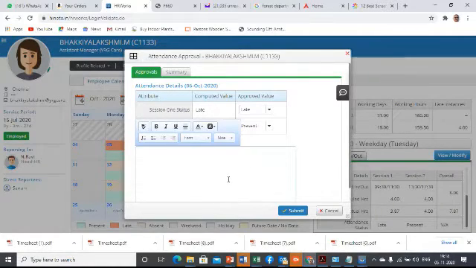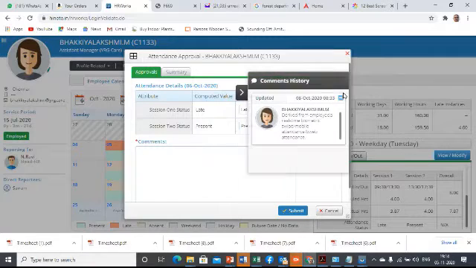If your subordinate consistently is coming late to the office and you have observed it more than 3 to 4 times, for a particular date you could choose and ask your subordinate to apply for half a day leave. But in this case I am not going to do anything. If you click on this dialog box, you will exactly see the date on which the attendance was actually recorded by your reportee.